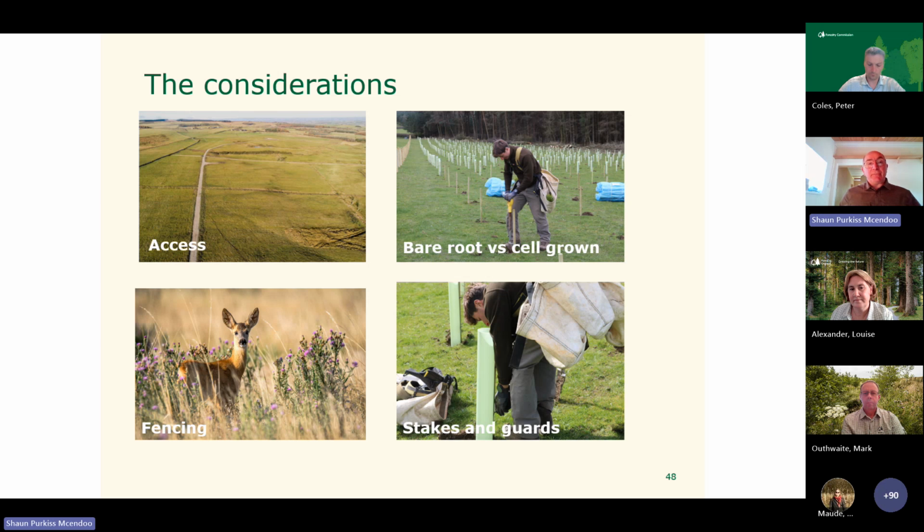So you might consider sticking those stakes into the ground, driving them in, and you could then consider spot spraying if that was something you were considering doing, or at least trimming the grass to a heavy sod, light sod, so you can get those ready for planting when you do get your trees in December, January or February. All you've got to do then is walk into the site with bags of trees and bags of tubes, and you're good to go, and you can foreshorten your planting period from that point of view.